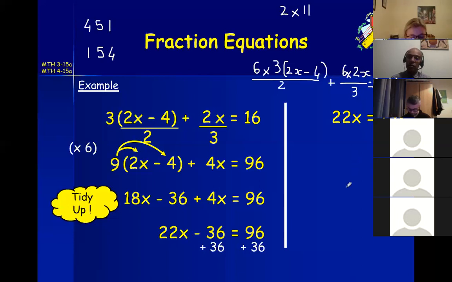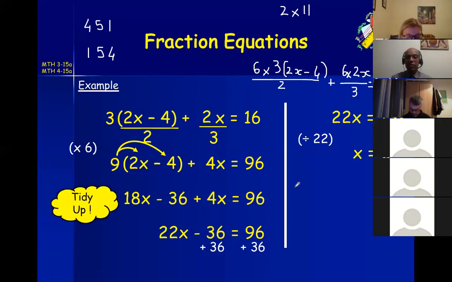So next stage, divide by 22 on both sides, and you'll get your 6. But what I was telling you here is, if you don't have a calculator, the other thing you could do